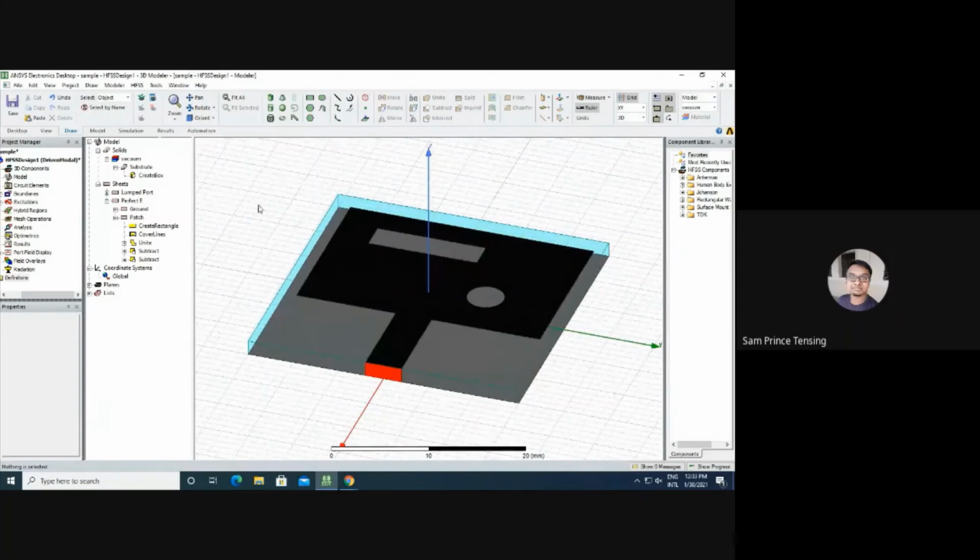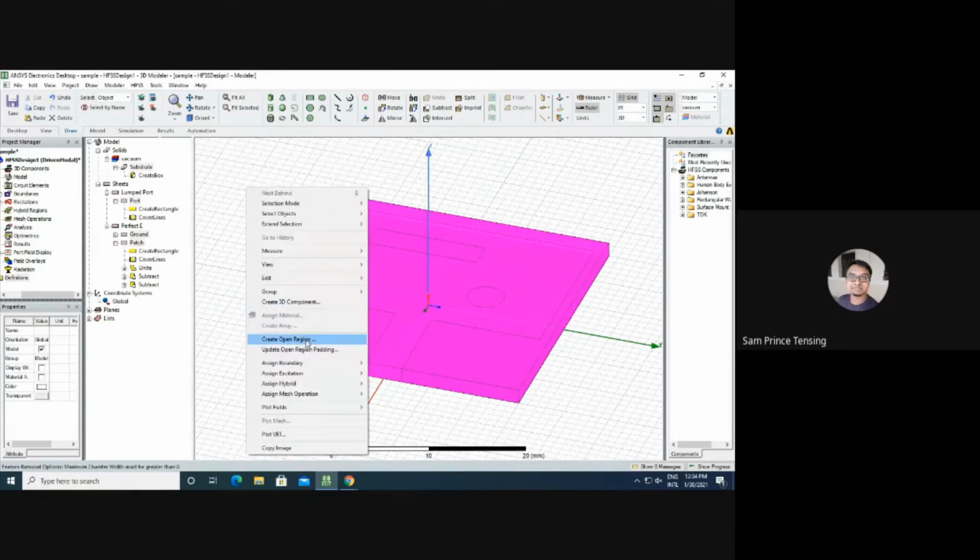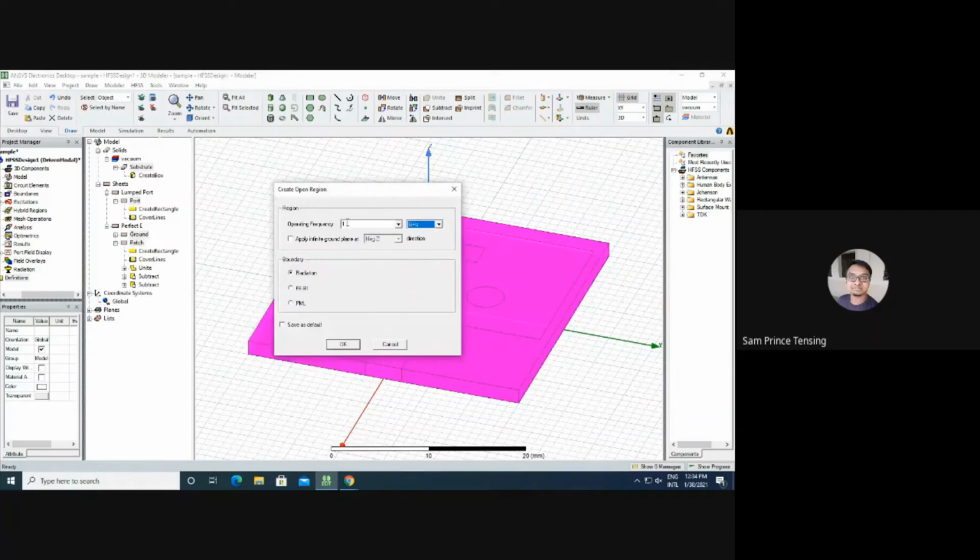Okay, now we need to assign a radiation box. If we simply simulate this, it will be in free space, so the exact value will not be obtained. In order to check whether this antenna will work at the specific frequency, we need to draw a radiation box. So press Control A on your keyboard, right click, create open region. The operating frequency here we'll give as 5 gigahertz, just randomly.